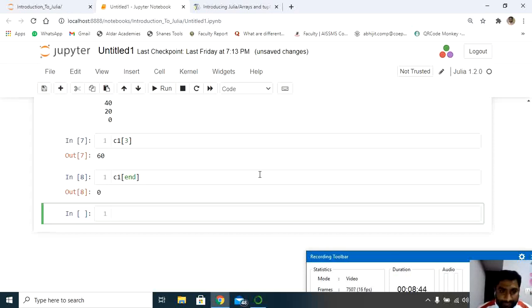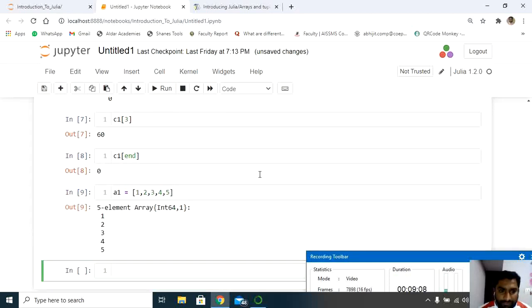So let's first create one array, just to show the difference between tuples and arrays. So I have created one array: 1, 2, 3, 4, 5. I have stored the values in the array variable A1.